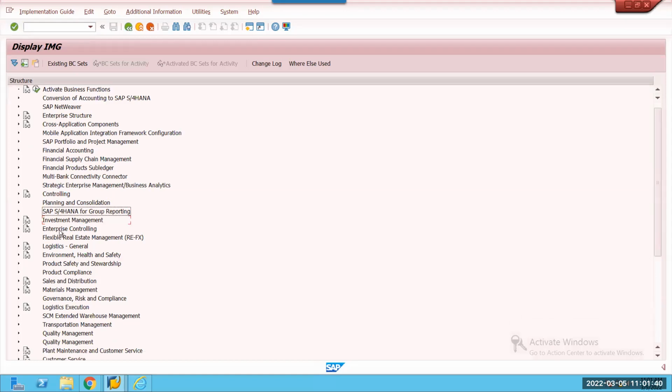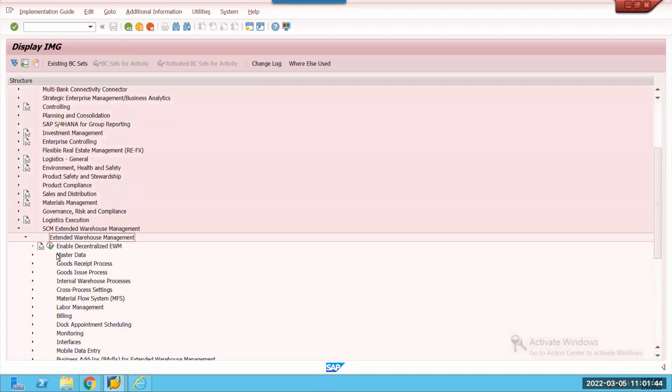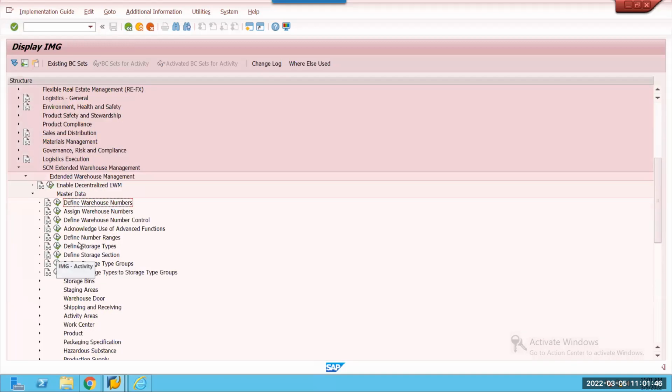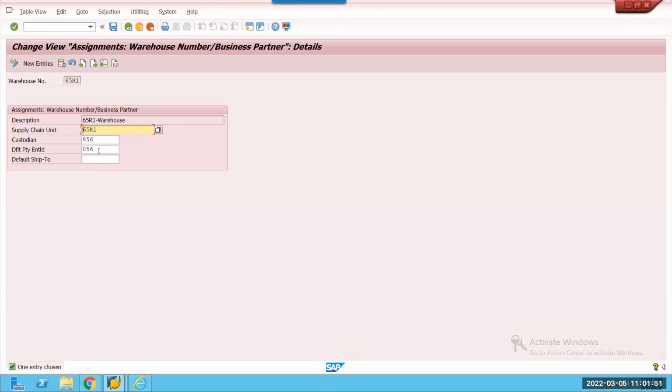So first question, maybe Srihari, you are asking about assignment of party entitled to dispose is not possible. That's what you are saying, right? Yeah, if you have two plants, no need to assign it. While opening inbound delivery, we have to give it manually, right? Exactly. While you have two plants, don't assign it.